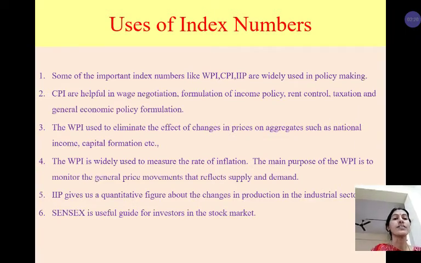In the same way we had IAP, industrial production, which is an indicator of inflation, as we have discussed. So all kinds of index numbers are used by the government to make policy, and by companies to make investment plans, production plans, price policy, taxation policy or cost policy. Everything they can make. So now we are going to discuss more. See here, some important index numbers like WPI, CPI, IAP are widely used in policy making. Yes, of course, these are very, very helpful for the government.